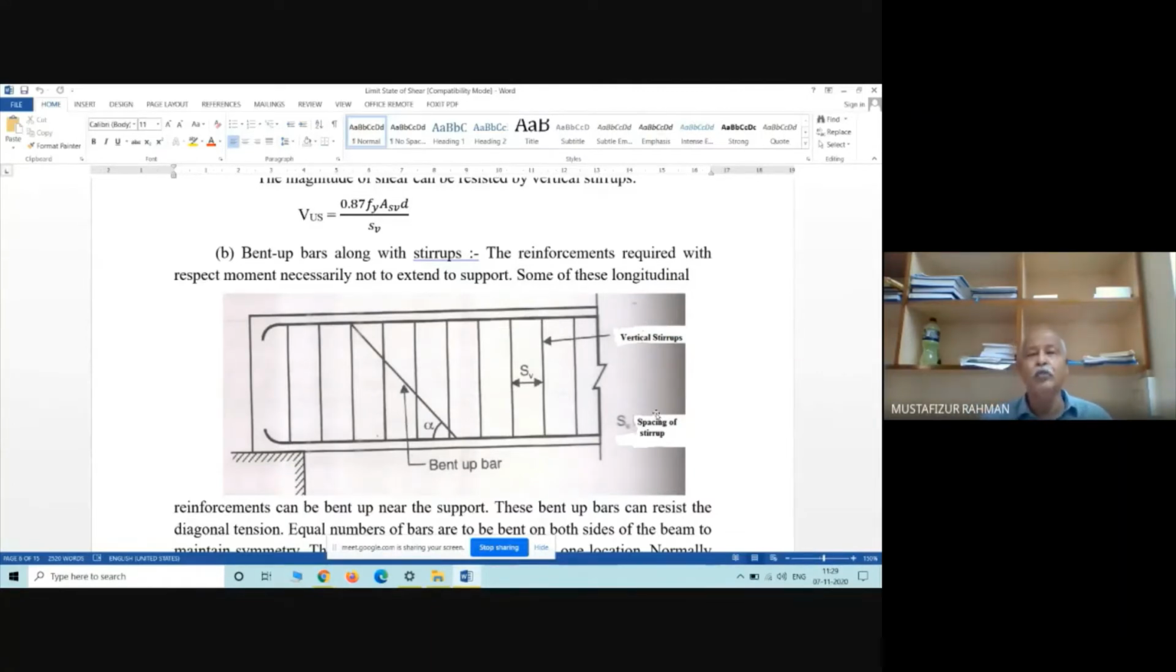Out of this reinforcement, we can curtail, we can reduce it at some distance from the support, or we can say from the midspan point. Now, if this reinforcement we can utilize for some other purpose, not cutting or curtailing it, then it will be economical. Okay, so if this reinforcement is bent up,